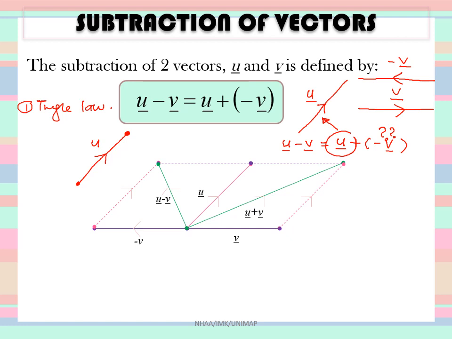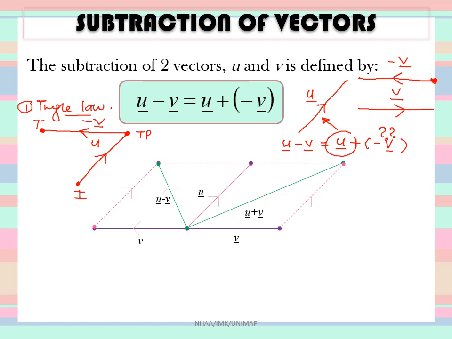terminal. Okay, by using the triangle law, we will connect the terminal point of the first vector with the initial point of the second vector. Where is the initial point of the second vector? This one. So this should connect to that. Where is the direction? The direction is to the left. So here it goes there. Okay, so remain the direction here. This is your negative vector v. This is the terminal, this is the initial, and the resulting